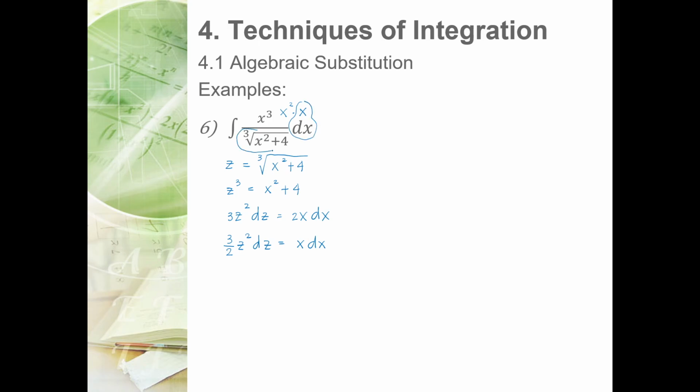We also have a cube root of x squared plus 4 as z. So how about x squared? So x squared, so notice that here we can try to rearrange this one as x squared equals z cubed minus 4. So meaning we can declare everything in the expression. So again, for you not to be confused, x cubed becomes x squared times x. X squared can be replaced, x dx can be replaced, and then this one can be replaced as the z